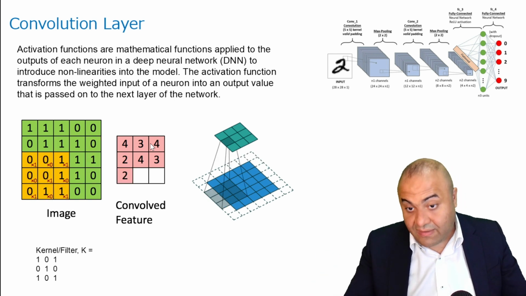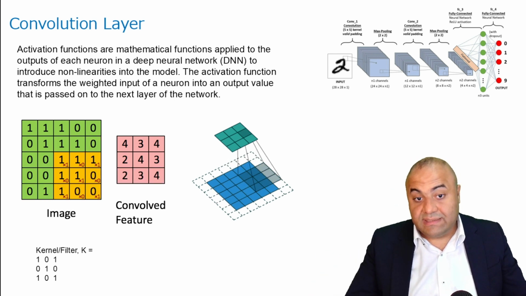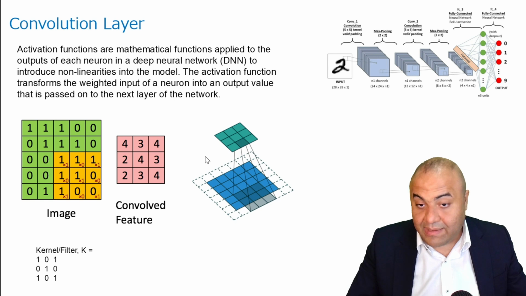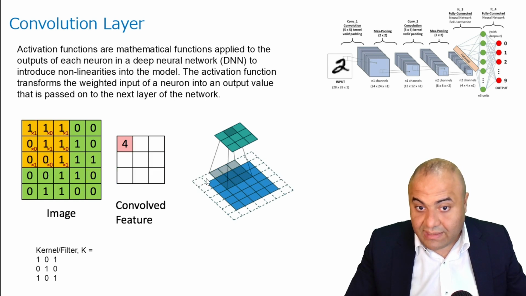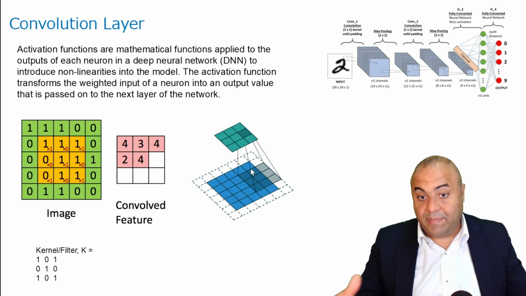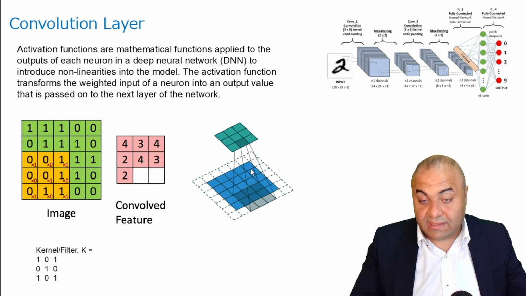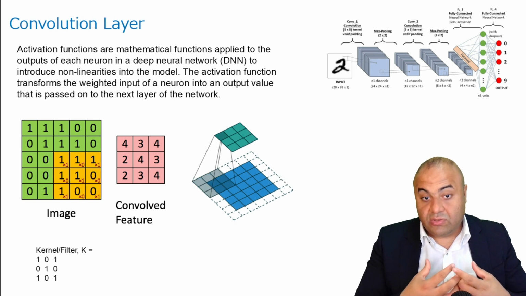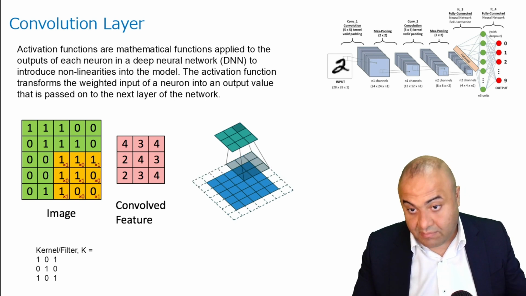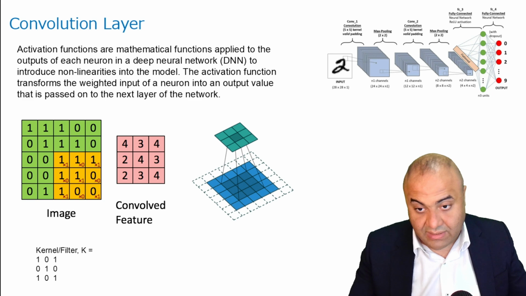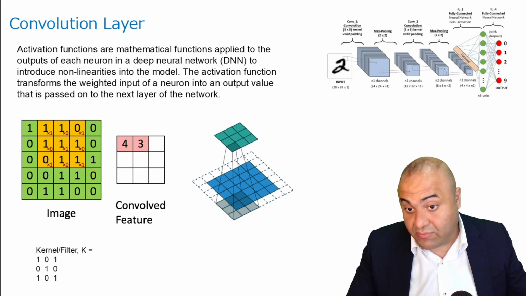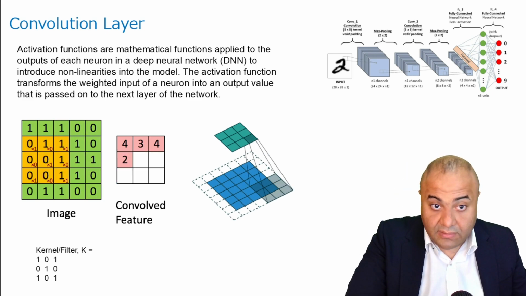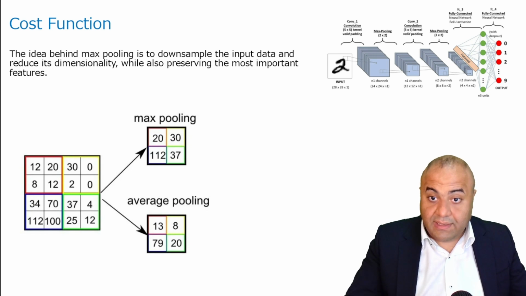In order not to have such a thing, what we sometimes do is we add padding, and as you can see here, these dotted lines are the padding, and the reason we added this is to reduce the shrinkage of the image based on our kernel. So after